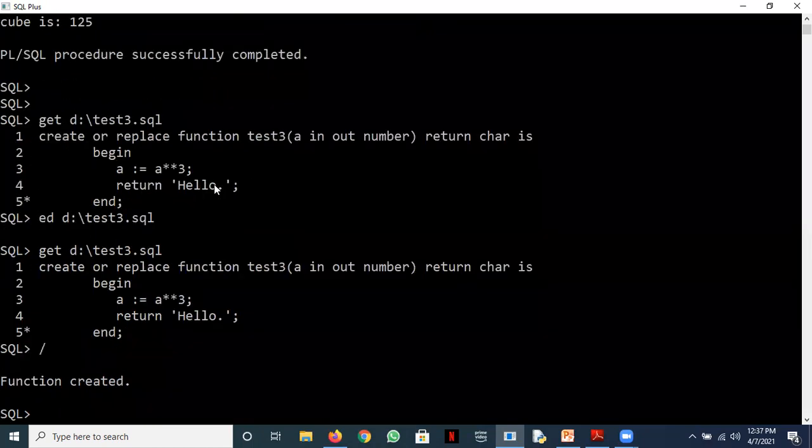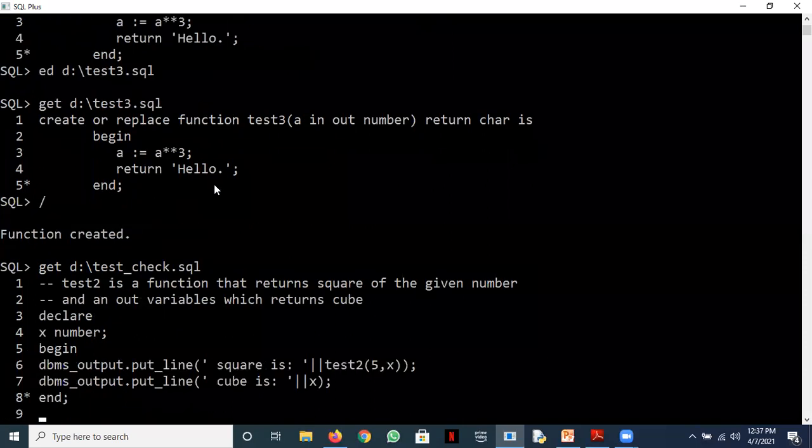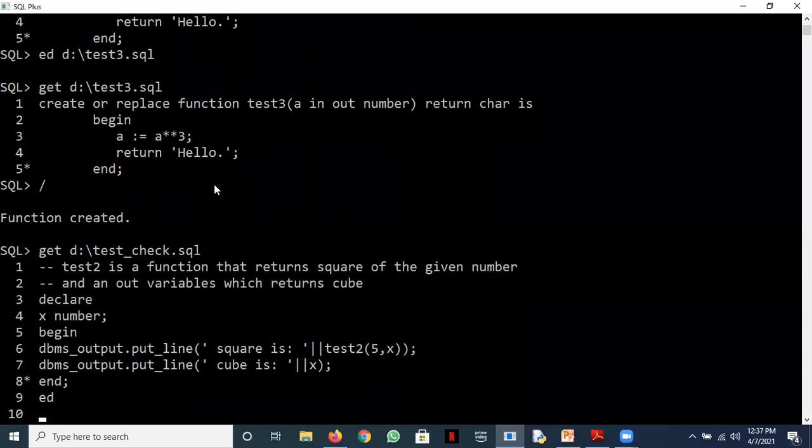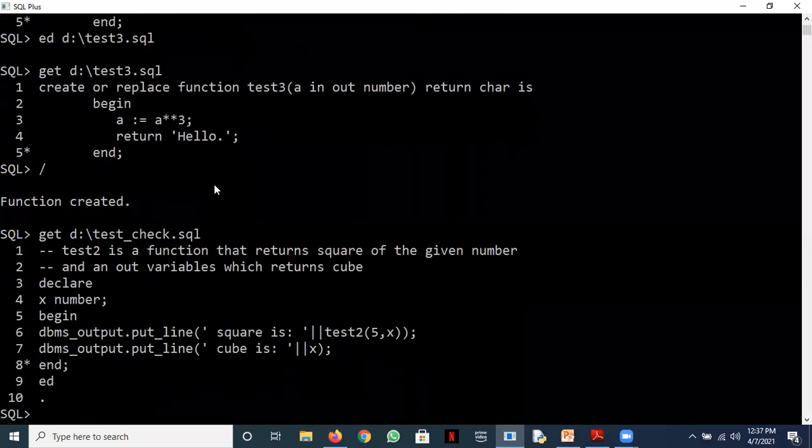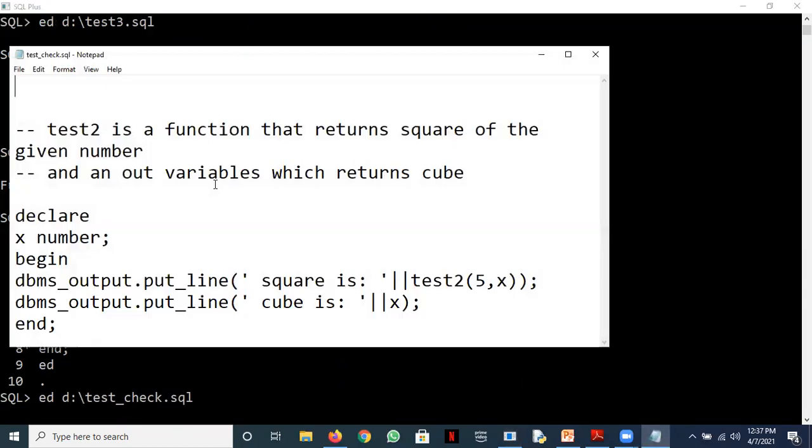The function is created. Let's use that function check. Let's use it for test 3 now.